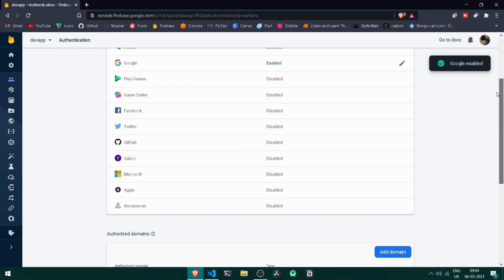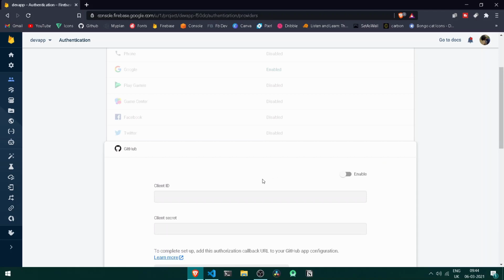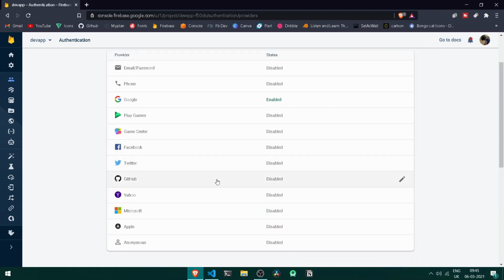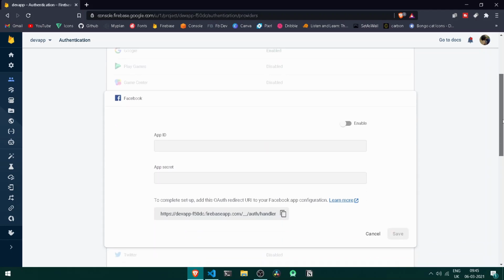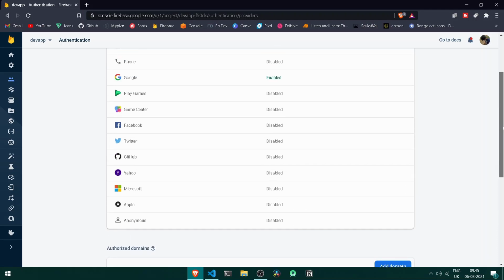And you know what, we are also going to deploy a GitHub service, and for the GitHub service, if I open it, it will be requiring a client ID and also a client secret. And the following thing shall be done in our next tutorial, where we shall be creating a new OAuth project for our GitHub as well. And after having the GitHub login, we are also going to deploy a Facebook login under our application. And if you observe here, it will require an app ID and app secret as well. But let's keep the following thing aside and concentrate on our Google sign-in.